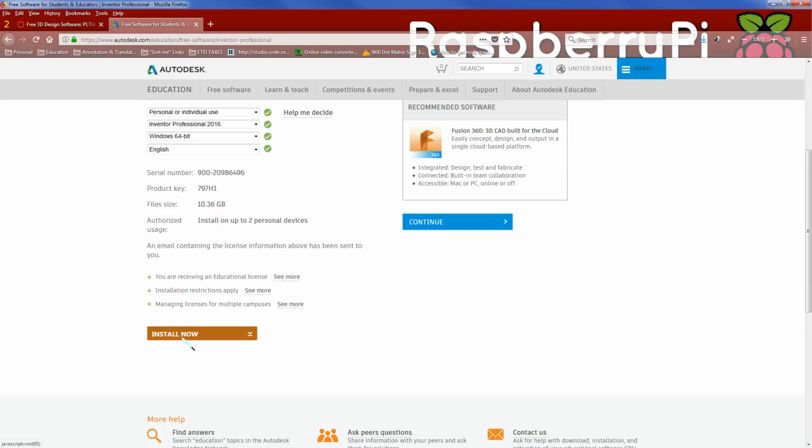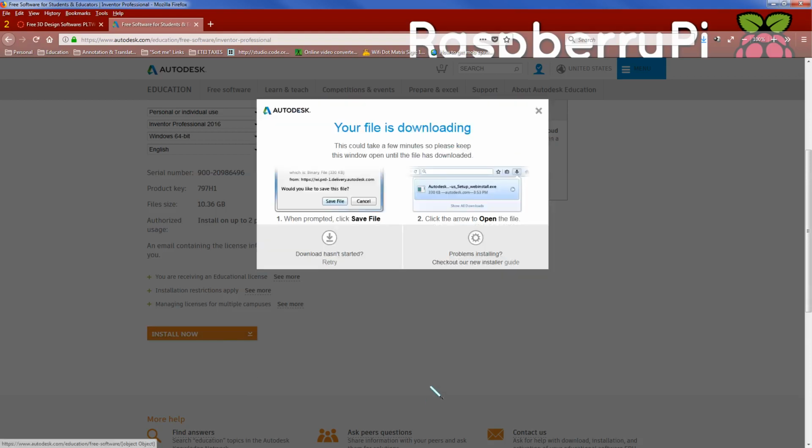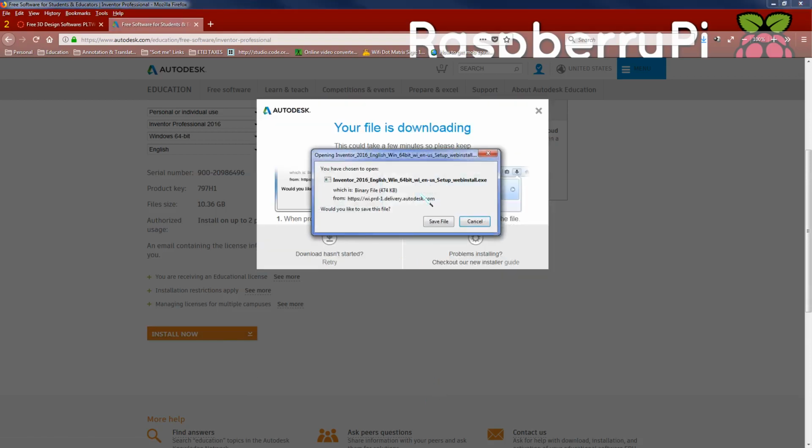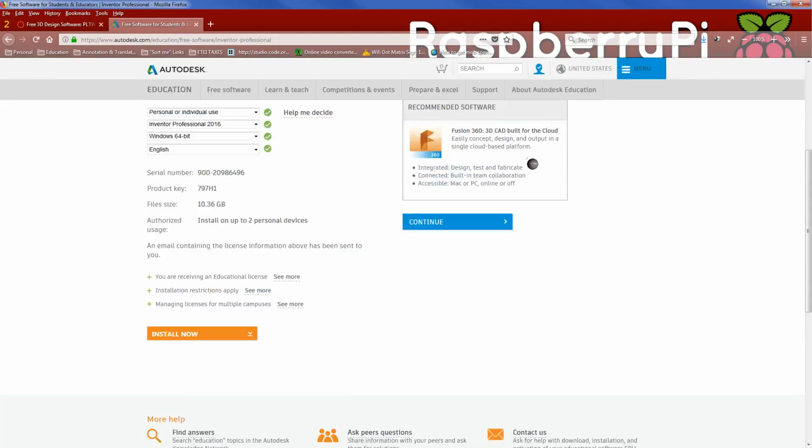So the key here is to have an account, because they don't want people just pirating the software, so there's serial numbers attached to you using that particular download. So that's why I can't just give it to you. So we'll install now. It'll take you through some screens here to install. You'll need to download this file, save it to your computer, run it. So save this somewhere you can easily get to it, and it'll take you through some screens to set up your